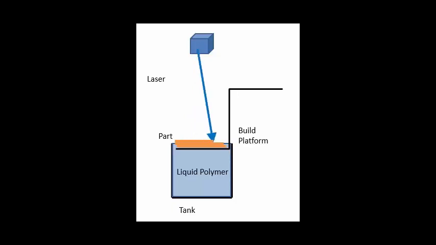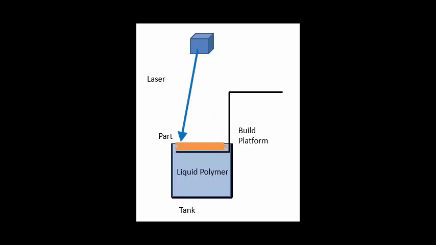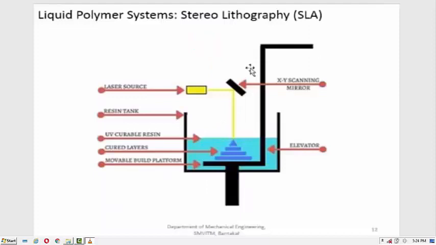Again it is going to move on the surface of the platform to create solid. Again the platform is going to go down by one layer. So like that, one layer after another layer will be hardened by using the UV light. Now in the figure you can see the entire platform has gone into the liquid. Only at the topmost point is the laser falling and trying to create the component. Initially the platform will be here at the liquid level with one layer thickness. Slowly it is going to go down layer by layer thickness, and you are going to get the component.